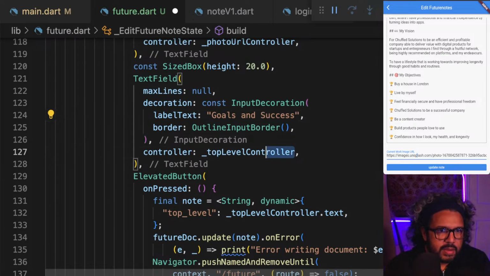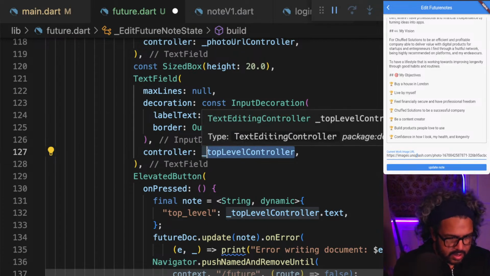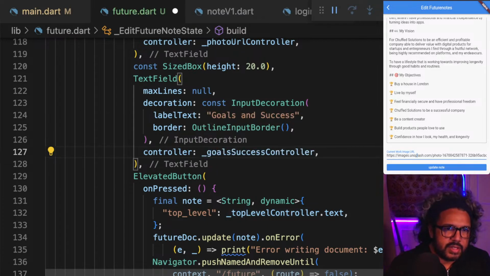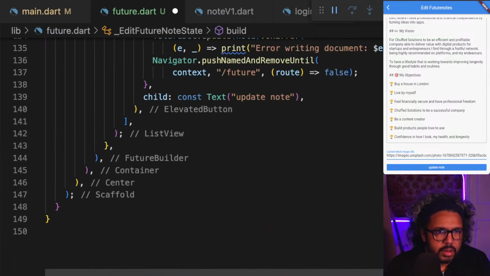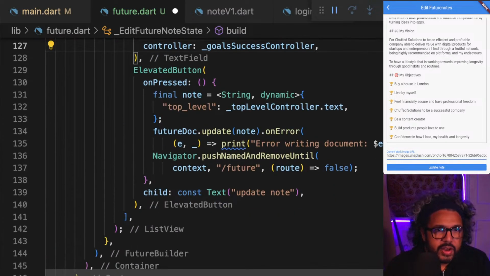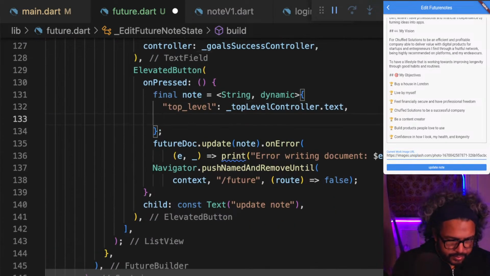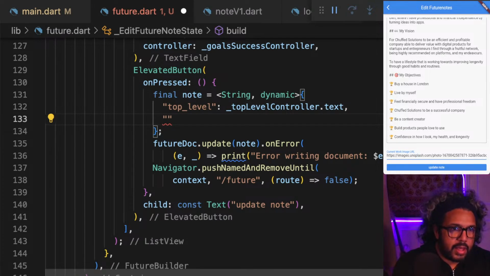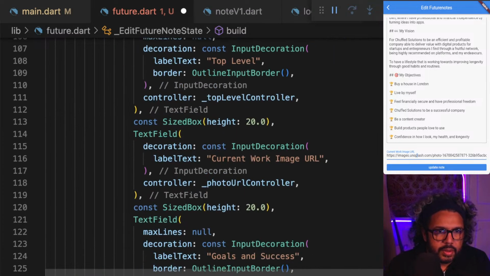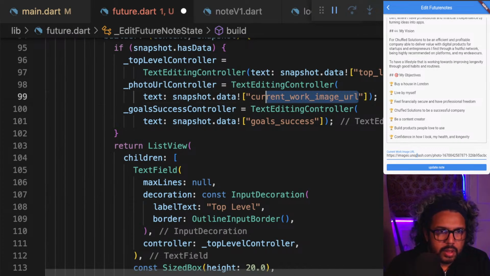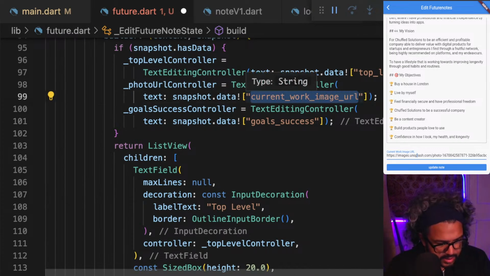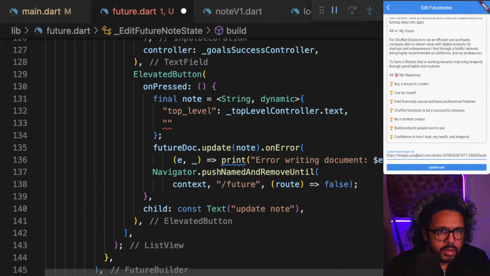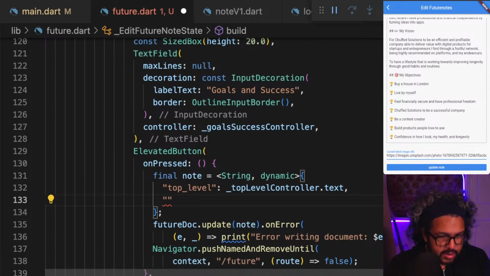Yep, exactly the same apart from this, which will be goals and success controller. And finally, we just need to fix this bit, which will be this. So let's copy that and pop it in there,